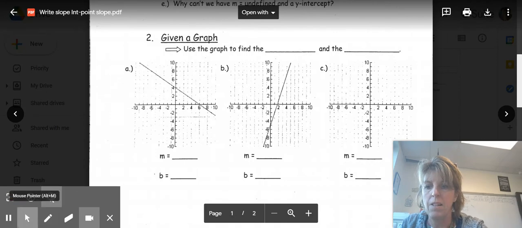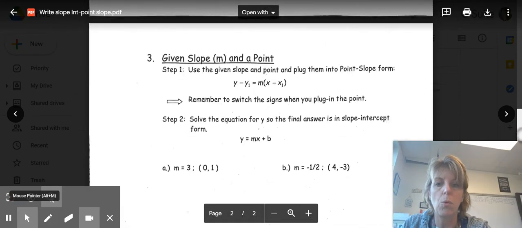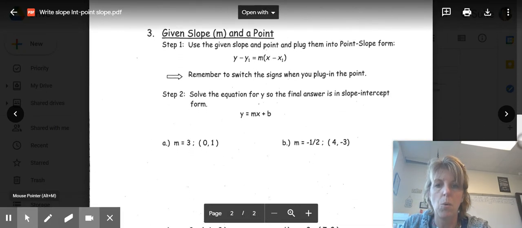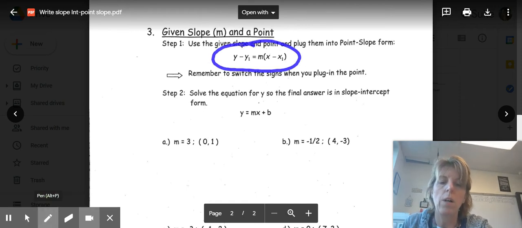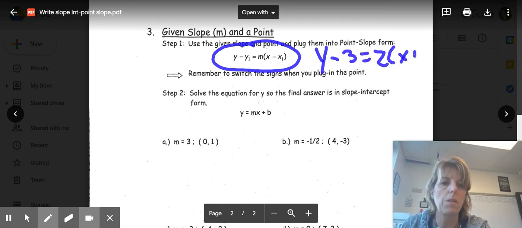Next. Let's flip it now from slope-intercept form to point-slope form. Point-slope form is the one that looks like this. Y minus y1 equals m times x minus x1. This is the one that we called flip-flip. So if you'll recall, if we had something like y minus 3 equals 2 times x plus 4, that's point-slope